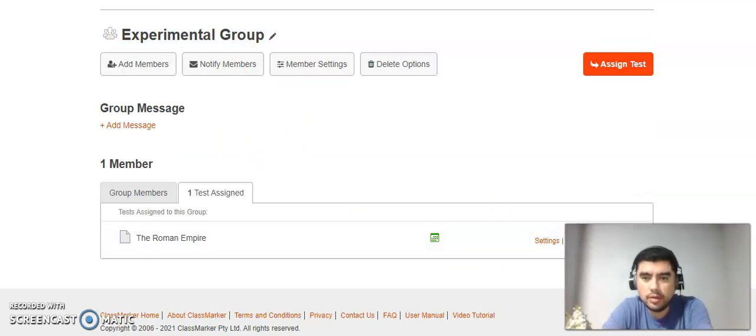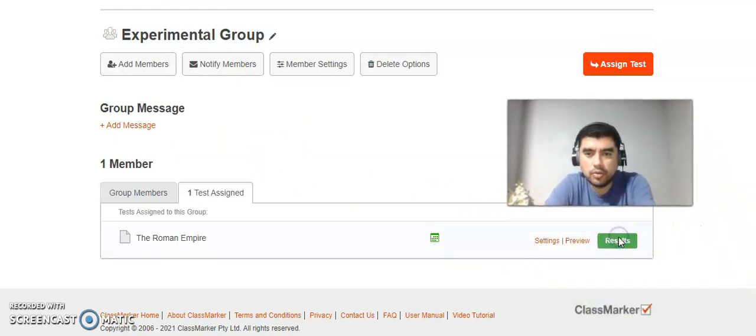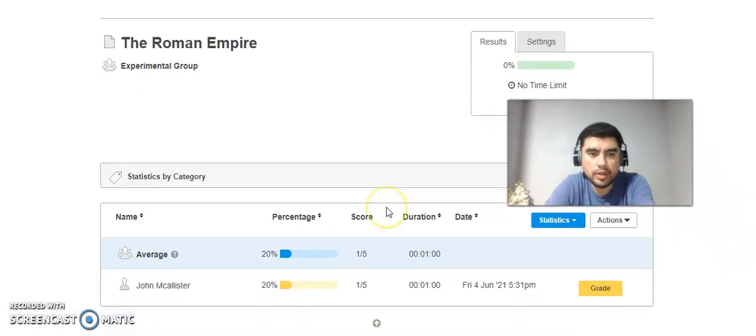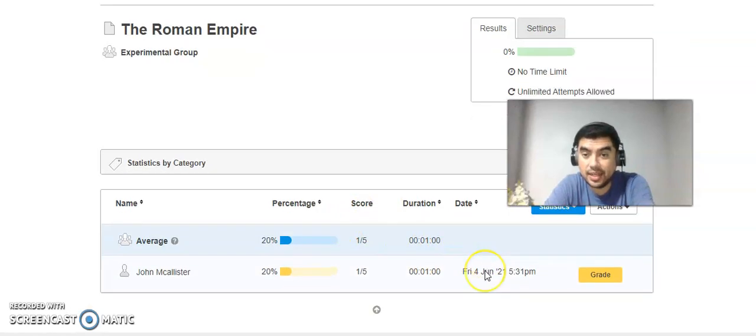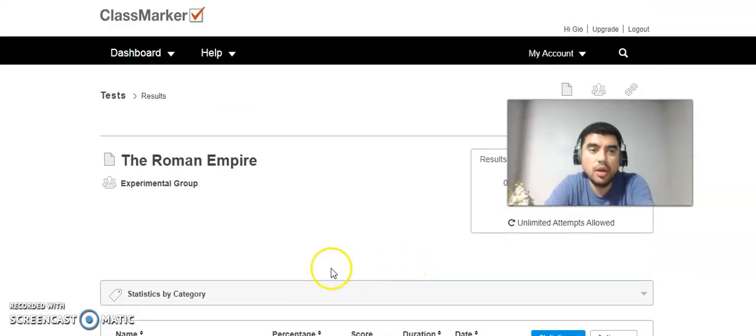Also, it gives me a chance to check the result, to see how he did it: the percentage, the duration, the date, the statistics, and all of that. So this is Classmaker. I think it's quite a complete tool that can be used in a very easy and friendly way, as